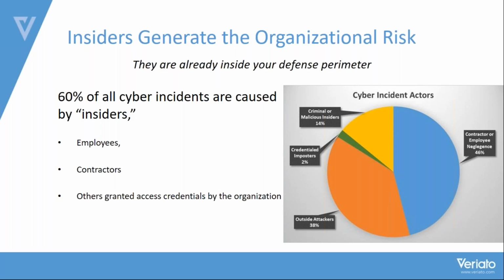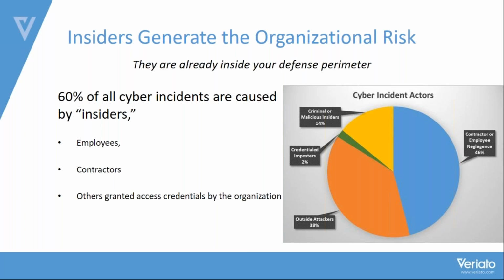So if you look at the slide I have in front of you, this shows you who those individuals who threaten to secure your IT system are, and your network and your digital assets. And if you notice in the orange section, it says here that only 38% of threats come from attackers outside the organization. Now, I'll say this, 38% are a lot of people, but only 38% comes from the outside. And what does that mean to us? That means that a whopping, I have 60%, but a whopping 62% of all cyber incidents are caused by insiders.